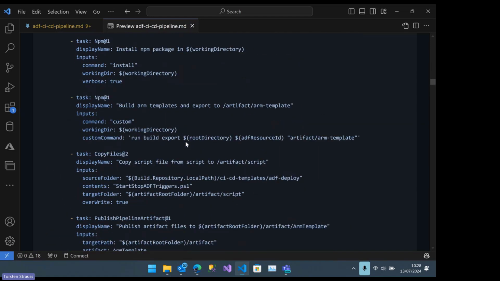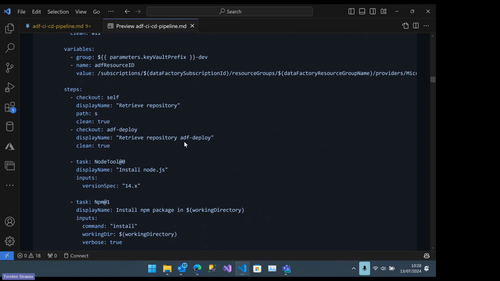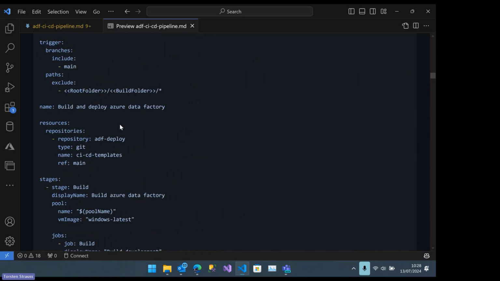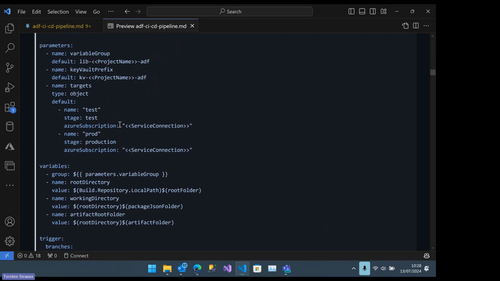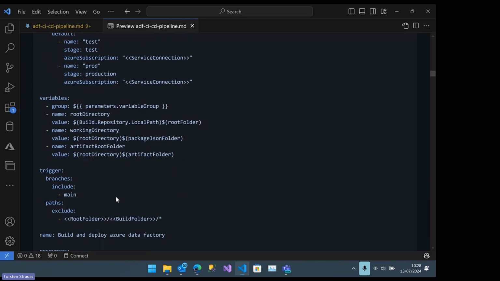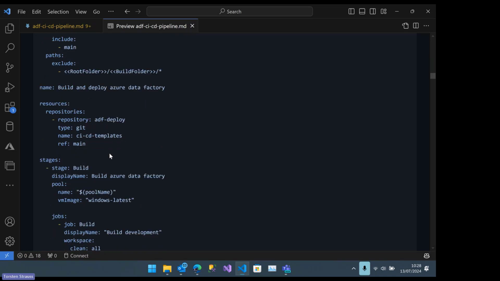So this is how it works. For sure, I will share everything with you, because otherwise I'm pretty sure it's a little bit hard to understand how it finally works, but I just want to give you at least an idea. Then we have the other variables, which we already defined. And finally, what the CI/CD pipeline does, first of all, it will